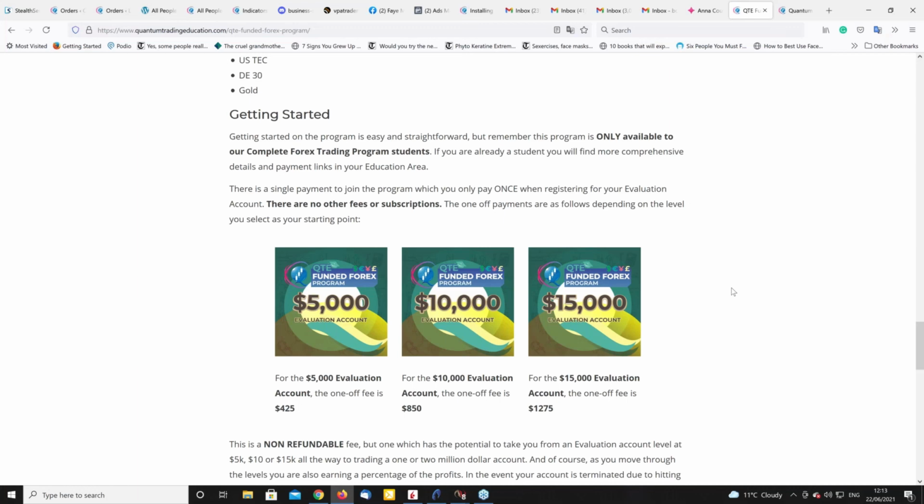Once you've achieved that target, we give you a 35% kickback. At this level, what you are doing is basically proving your consistency to yourself and to us. Once you've done that by achieving the target within the parameters of the risk and money management, we then multiply that amount by 4. So if you start on 15,000, that's fine. We give you 60,000 to trade.